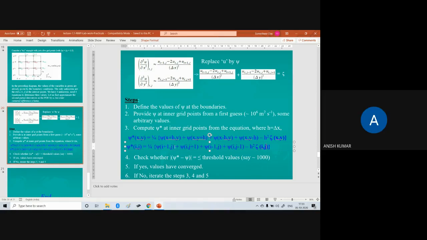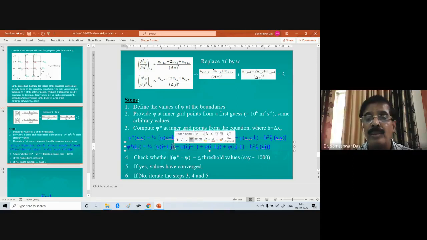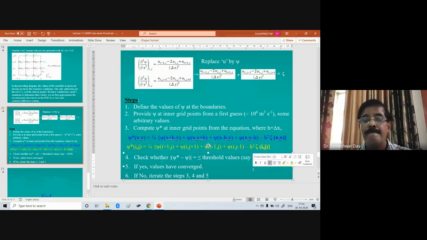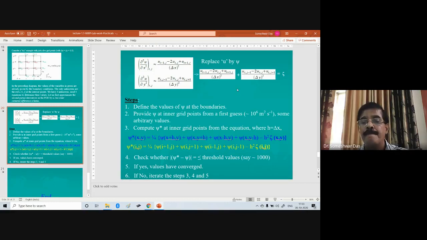There is one more point, sir. One minute, let me change the color a bit so it will be strictly different. Maybe I'll make it yellow. There is another point. What is your next point?